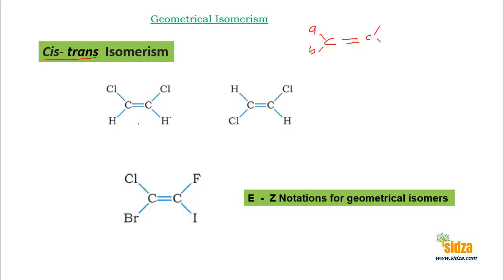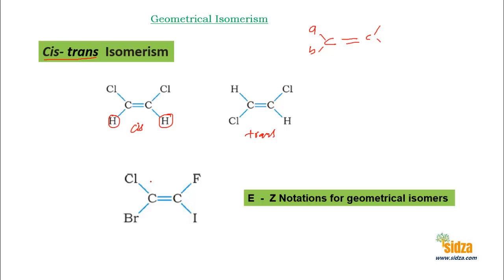Suppose here we got the hydrogen atoms on the same side of a double bond, we call it cis. And if these similar groups, hydrogen, hydrogen, chlorine, chlorine, are on the opposite side, we use the trans terminology. But what if you have a molecule where each carbon atom has different groups and all the four